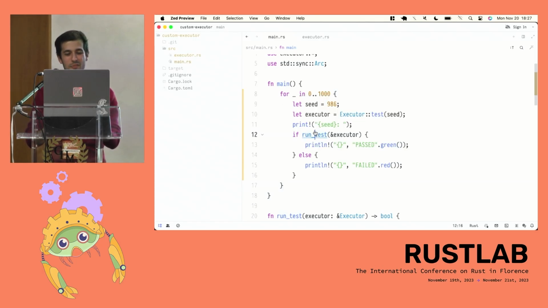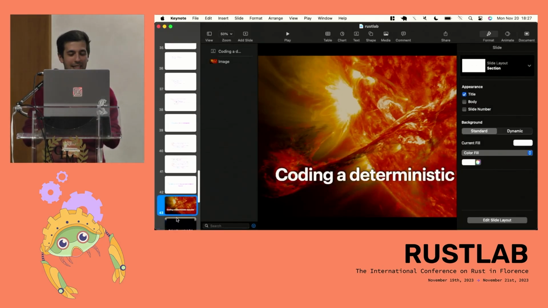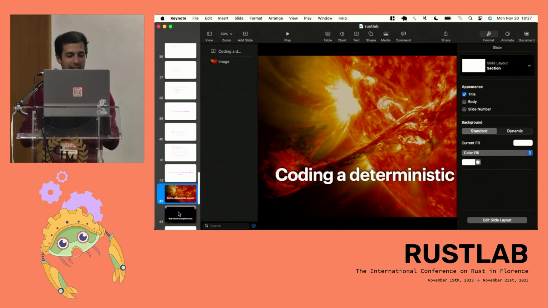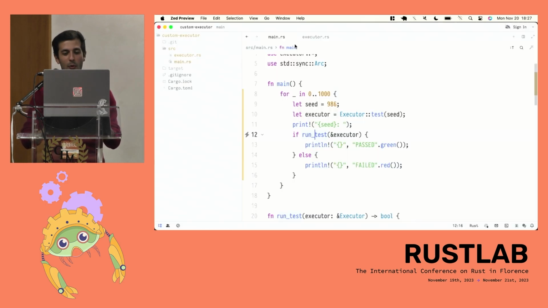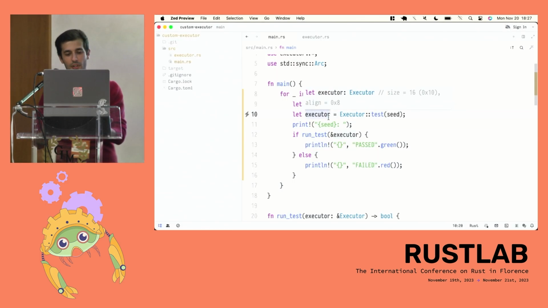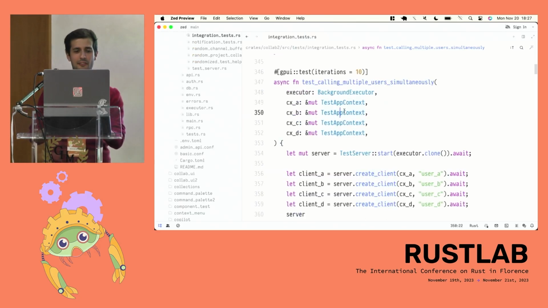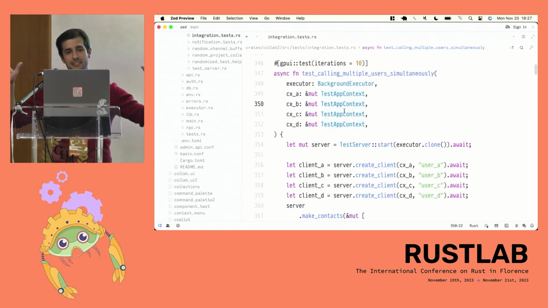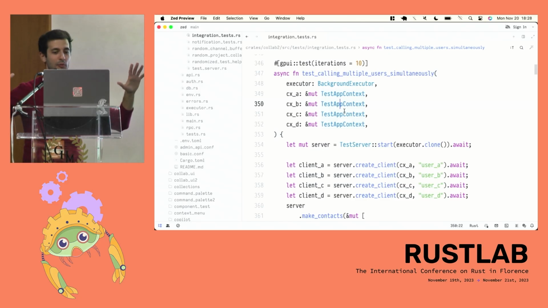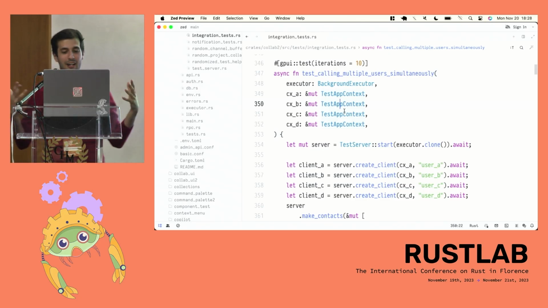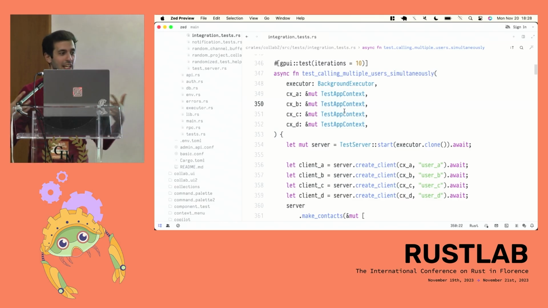Okay, so this is a pretty bare bones deterministic executor. I also wanted to show a real world example of how this actually works in Zed. Zed is a Rust application. We actually have both a server and an application, both written in Rust. What we can do there is test the whole application end to end by simulating a network connection in the same process, where we randomize the execution order and how often you receive packets, bytes,